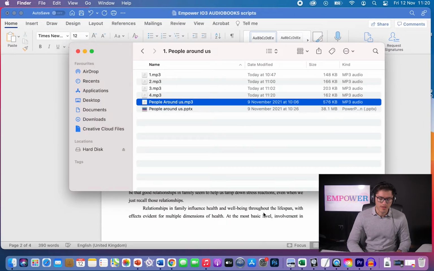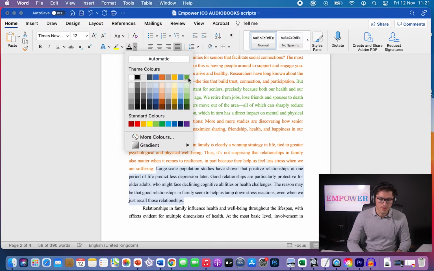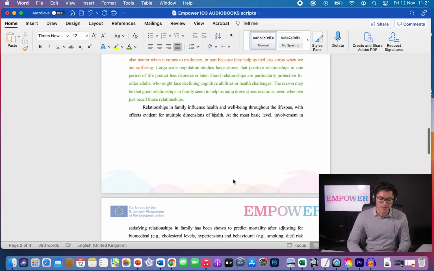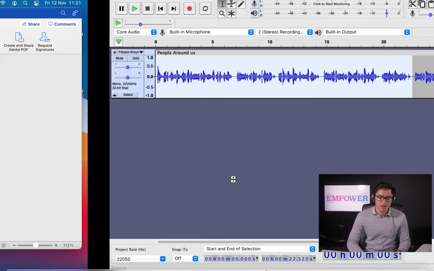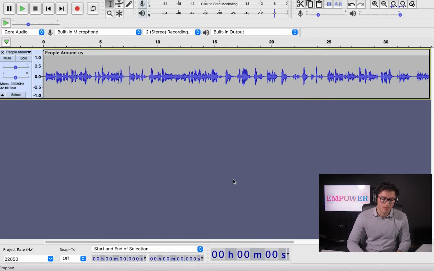And then we can move here to change the color. So this is gonna be our next section. I'm going to change the color here for a green color, just to differentiate each slide. Then here we can start with the new one.